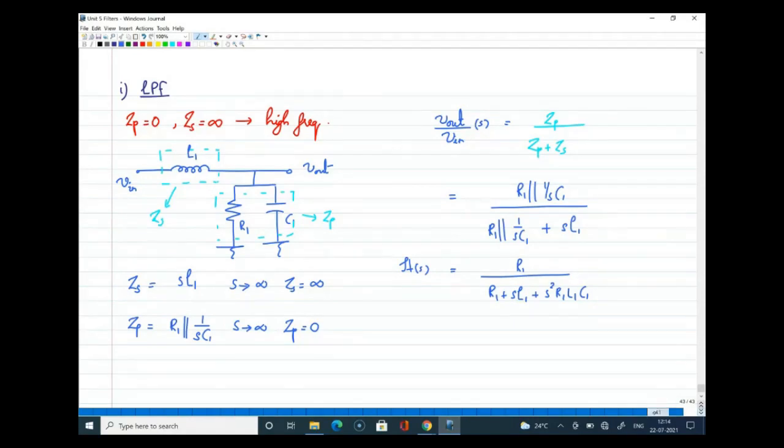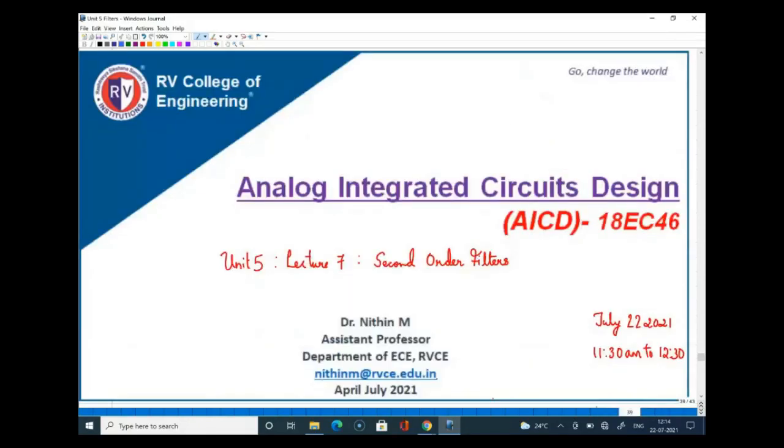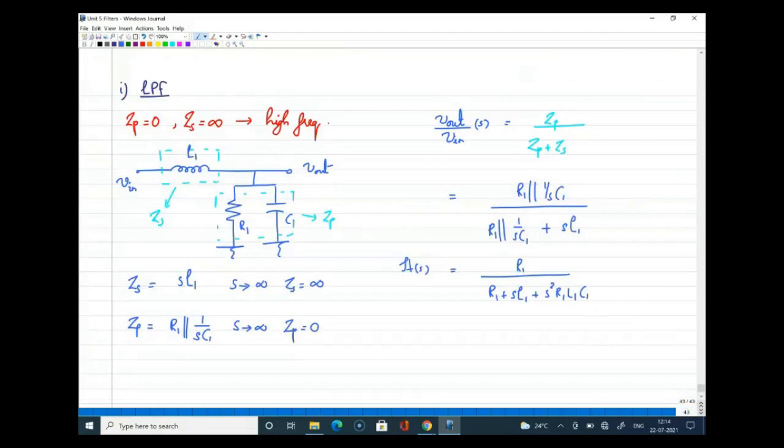Roll off rate is nothing but, I was talking about the transition band in the other class, right? Whenever you have a pole, you have a transition, and the roll off rate will be minus 20 dB per decade. Similarly, depending on the number of poles, if it's a second order filter, you will have minus 40 dB per decade. So when you come up with a filter structure, we will also see how much roll off you are getting with that specific structure, depending on the location of the poles. That is what I meant. Is it clear?